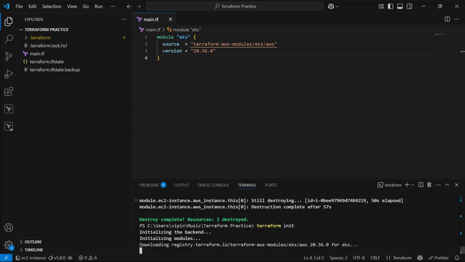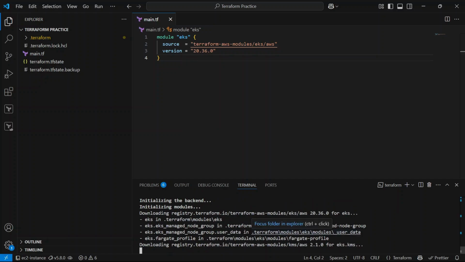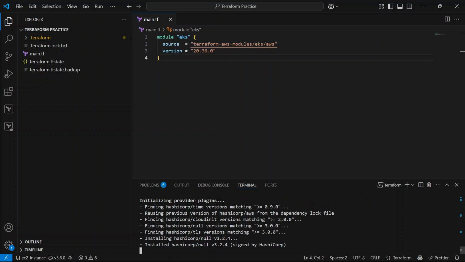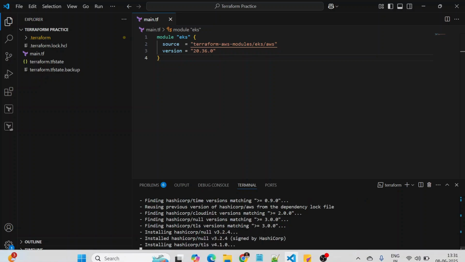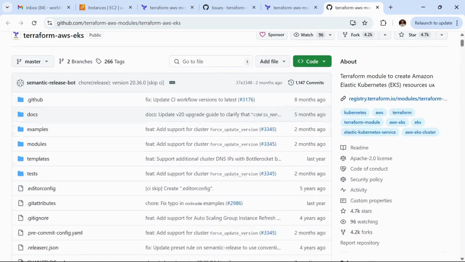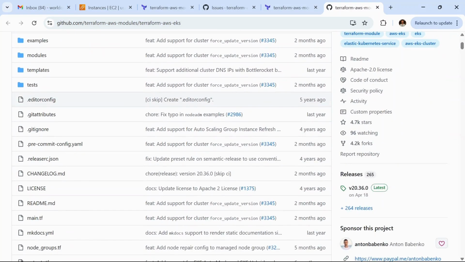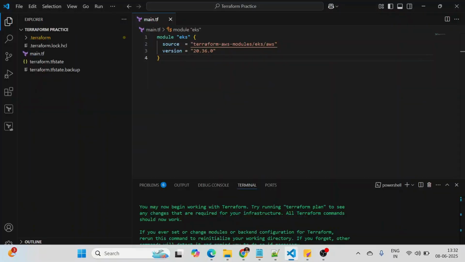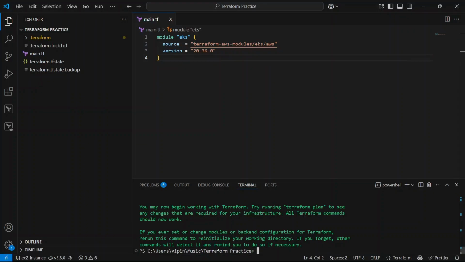The module is getting downloaded from the Terraform registry. It's downloading the configuration, whatever configuration we have defined in this module for Terraform for EKS creation. As you can see, it's already initialized.